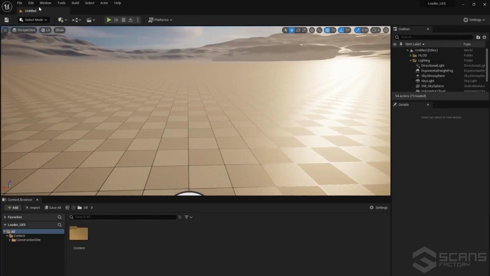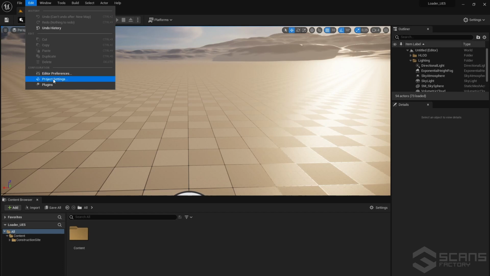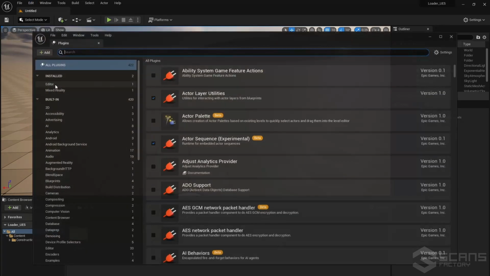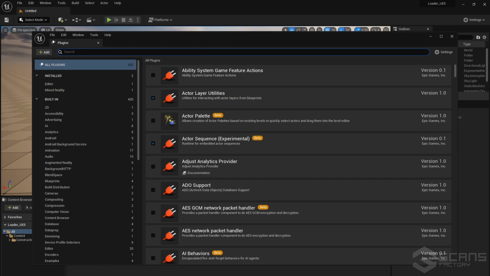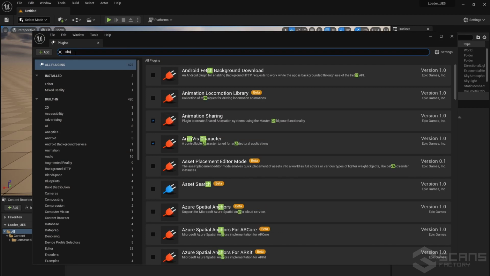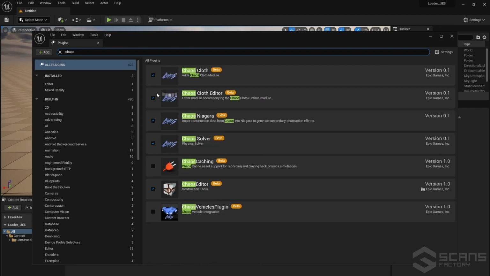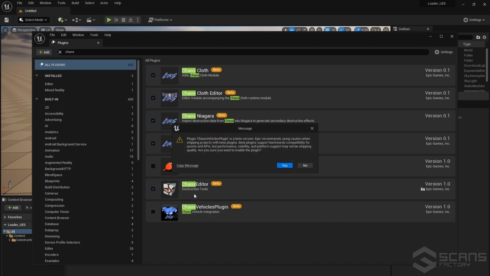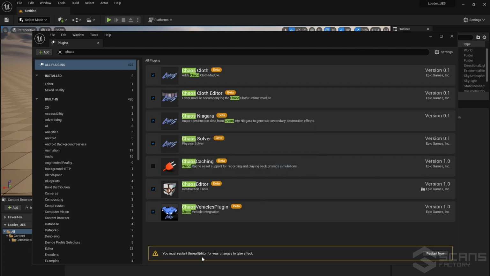In the description, you also find a link for the documentation. First step, you need to turn on Chaos Vehicle Physics plugin before importing this content. Go to Edit, Plugins, start searching Chaos. Toggle Chaos Vehicle plugin. After that, you need to restart the editor. Chaos Physics is set by default in Unreal Engine 5, but you still need to turn on Chaos Vehicle Physics